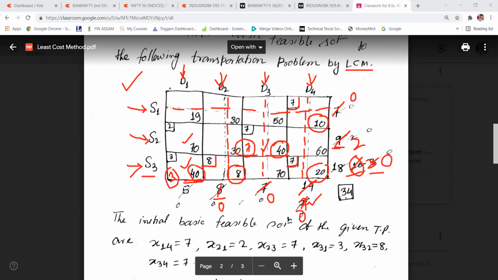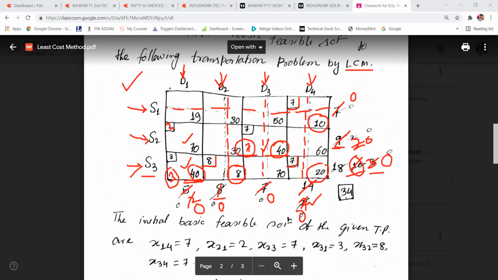So next, here it will be what? 2 units left. Now to this cell. What is the supply? 2 units. Demand is how much? 2 units. So 2 units here. So we made allocation of 2 units here. So this supply is exhausted and this demand is also exhausted. So supply and demand are exhausted. That means your problem is over.